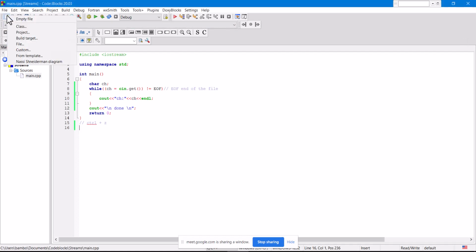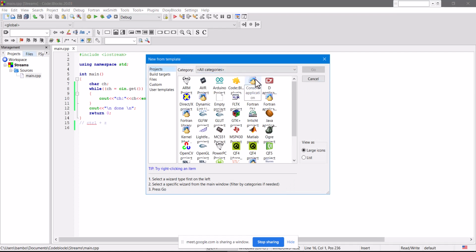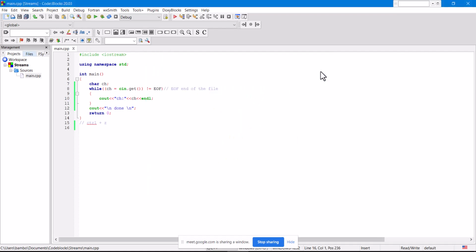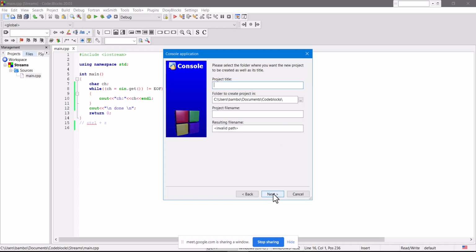Right, so we want to create a new project. Right, so we want to add another alternative of using the get, but in a slightly different program. So get string,